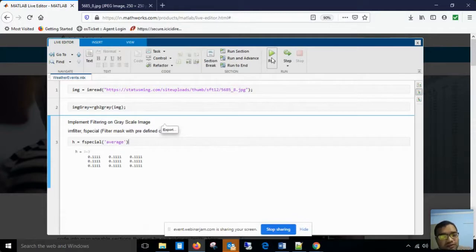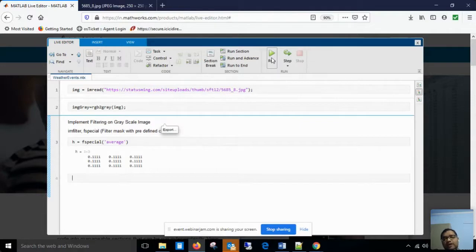So what we have done through the fspecial command is introduce our filter function with predefined coefficients so that the filtering process could be completed. Now we implement this filter function on my input image. So now I have two inputs. The first one is img gray, the grayscale image. The second one is h, my filter function.